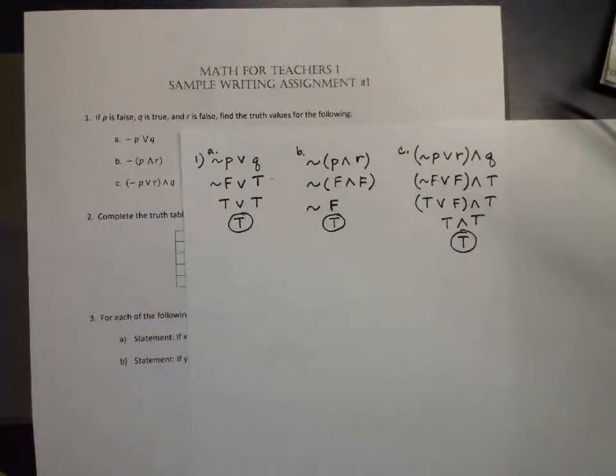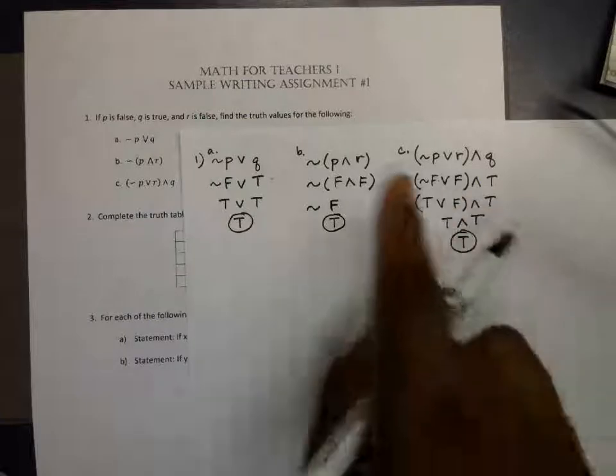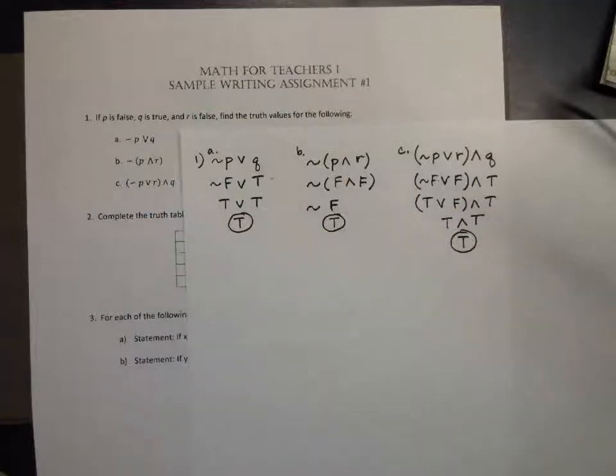Okay. So pretty much you're going to have to go back to the negation table, and also for the or, which is your disjunction, and the and, which is the conjunction. Those truth tables, you need to be familiar with those in order to do this particular type of problem here. All right. Now, number 2